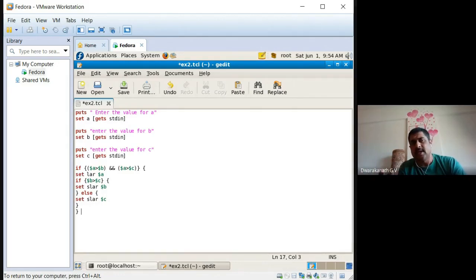So if A is the largest among B and C, I search for the second largest. Assume if B is largest, so that is the case. Now I have to check.